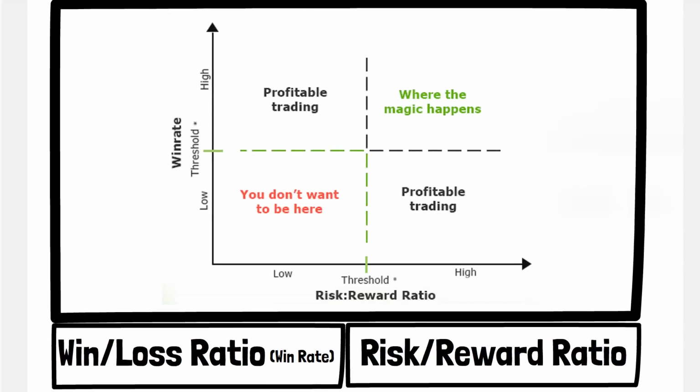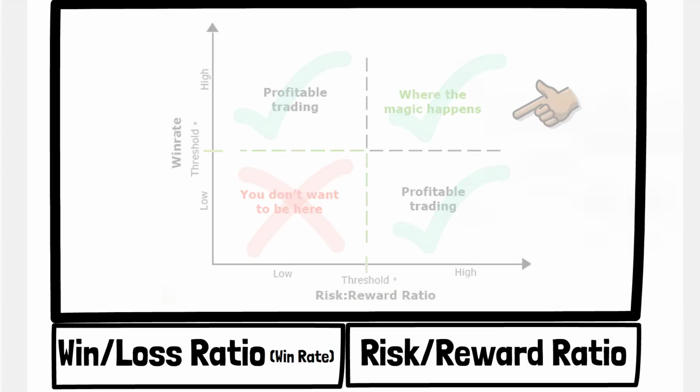If you have a strategy which offers a low win rate and a low risk-reward profile, you will likely fall into this segment, meaning you will lose money. If you have a low risk-reward ratio, you will need a very high win rate to be profitable. On the other hand, if you have a low win rate, you will need to compensate it with a high risk-reward ratio. My personal style offers a slightly higher than average win rate and a very favourable risk-reward ratio. Let's pull this all together.